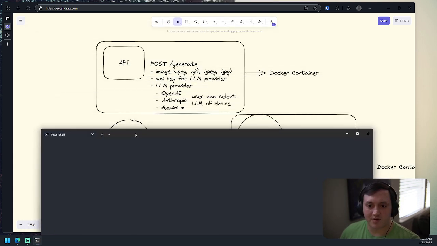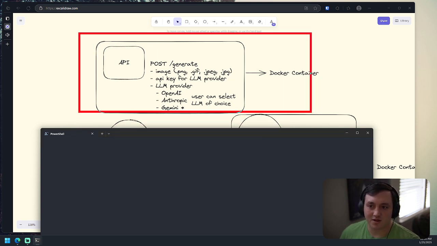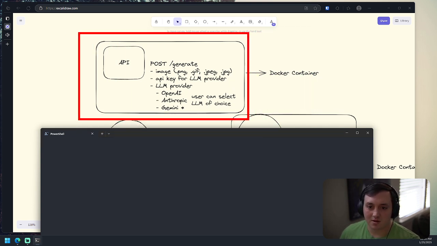And this is what we're pretty much working on right now. We're focused on this bit. We need an API, an endpoint that we can hit, and we need to be able to give it different types of images and do a little validation against the types of images we want to support. We need to accept an API key.